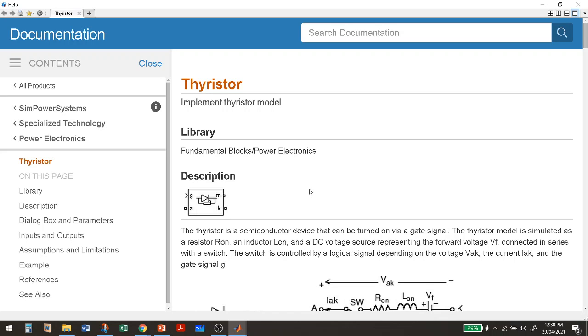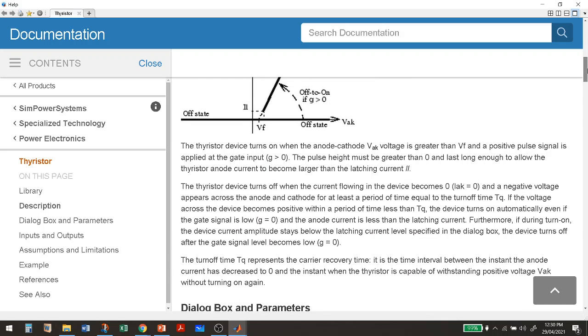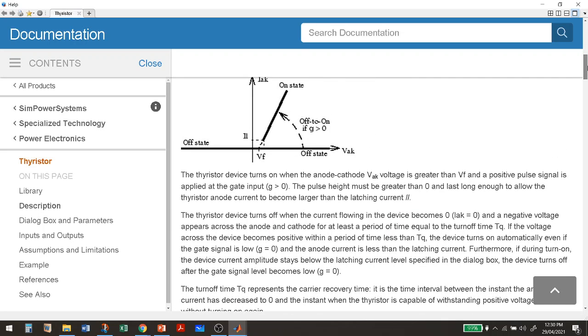It will implement the thyristor model. Based upon this, your thyristor device turns on when the anode cathode voltage VAK is greater than your VF.